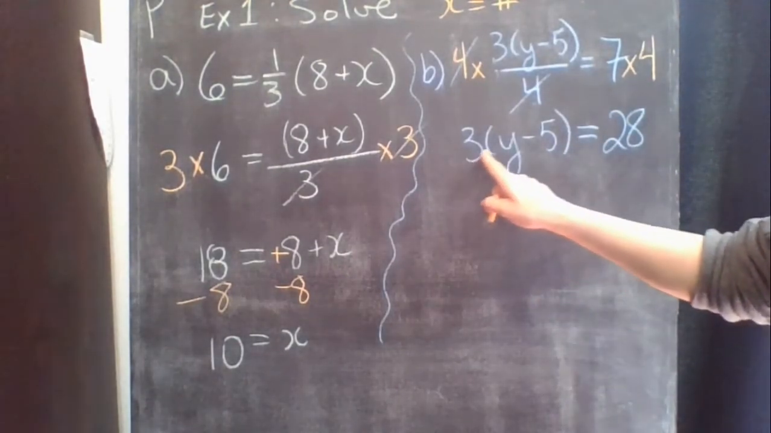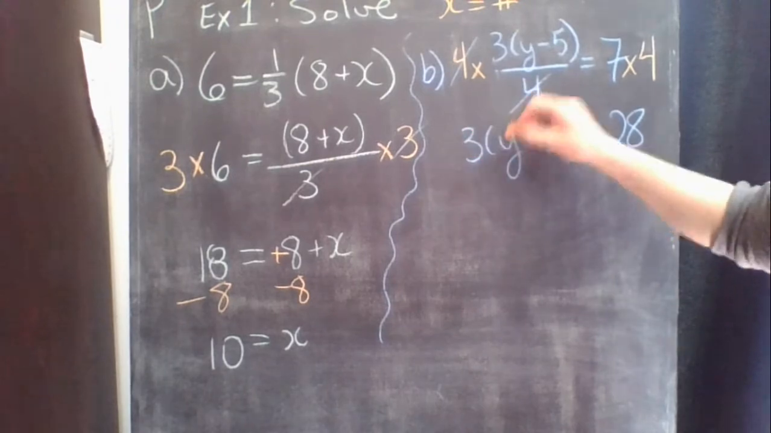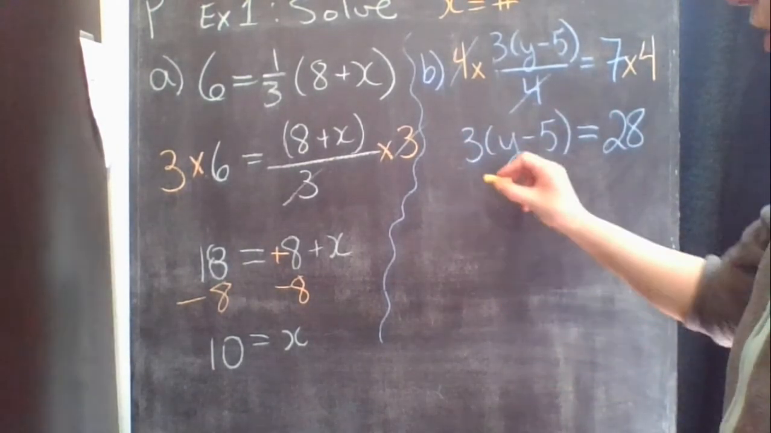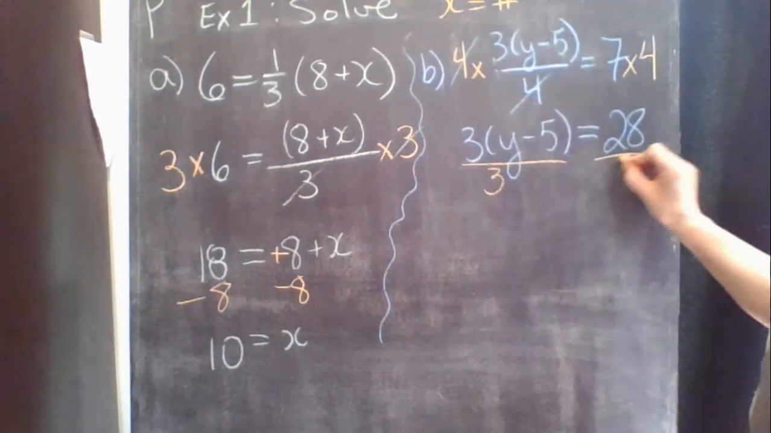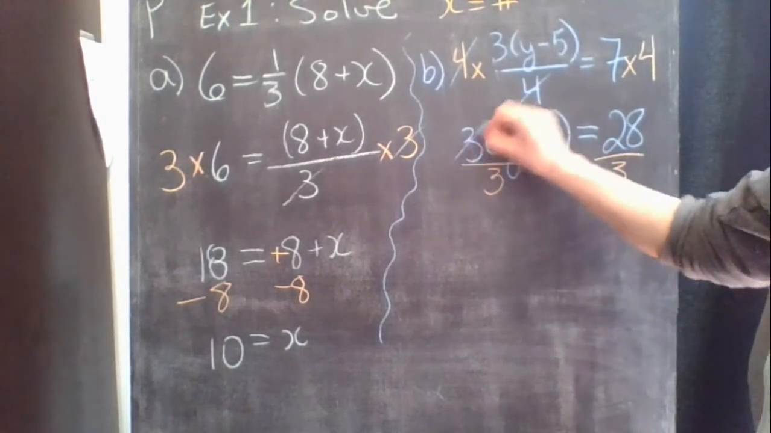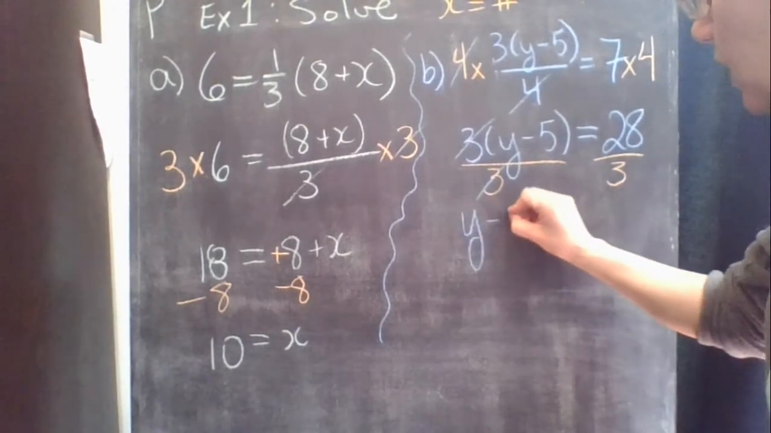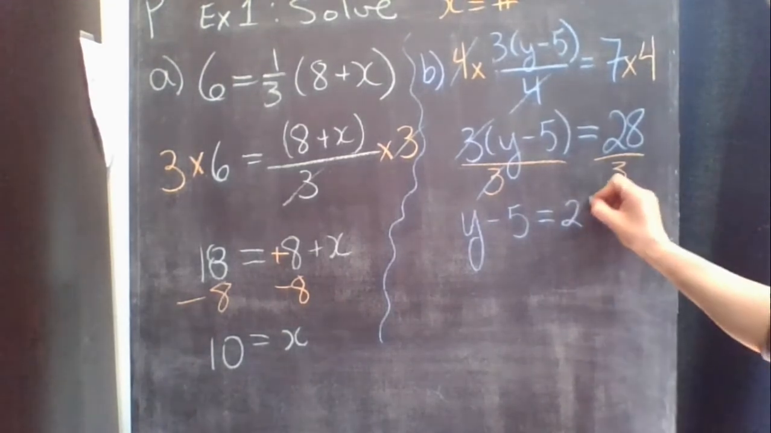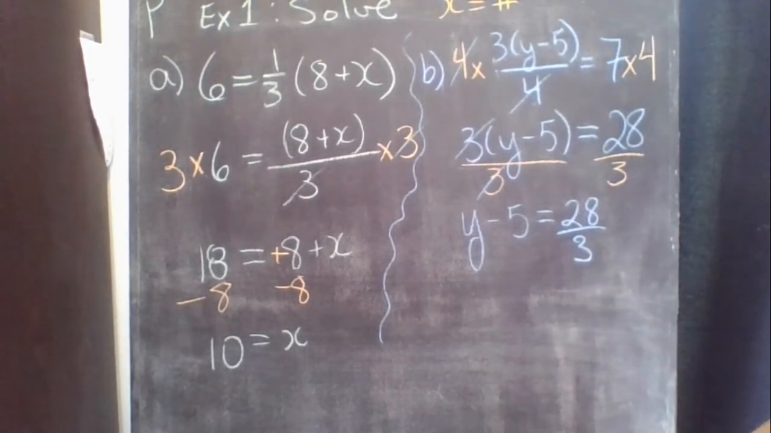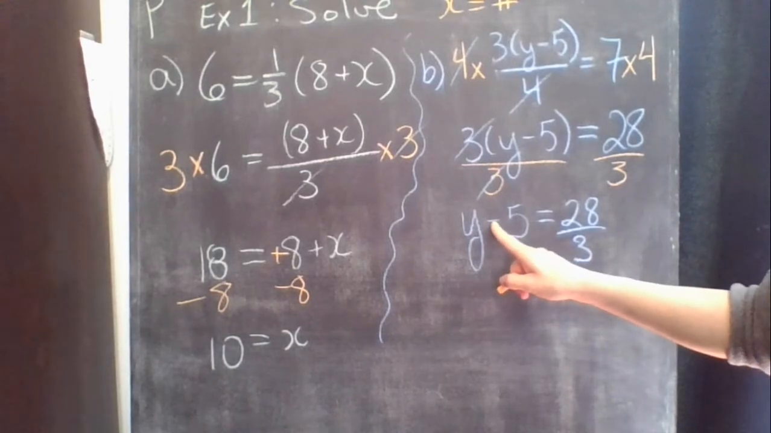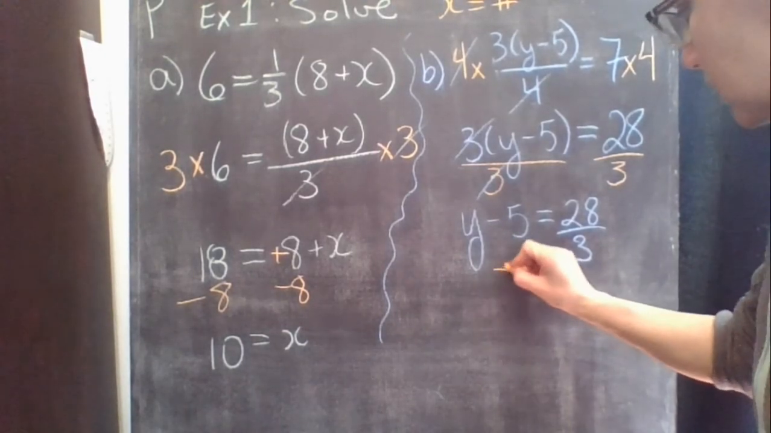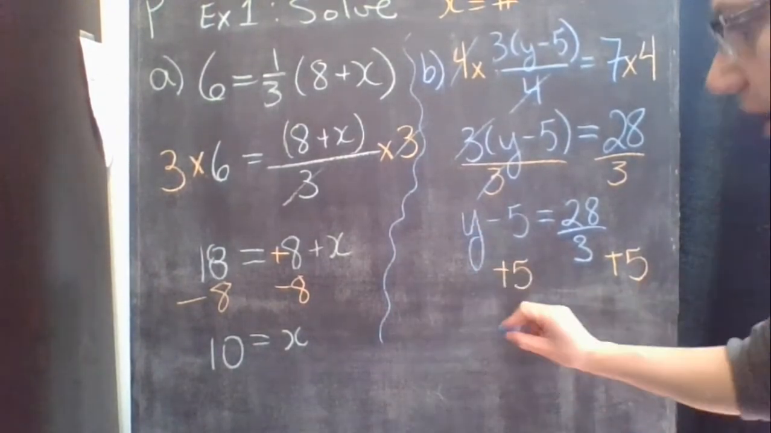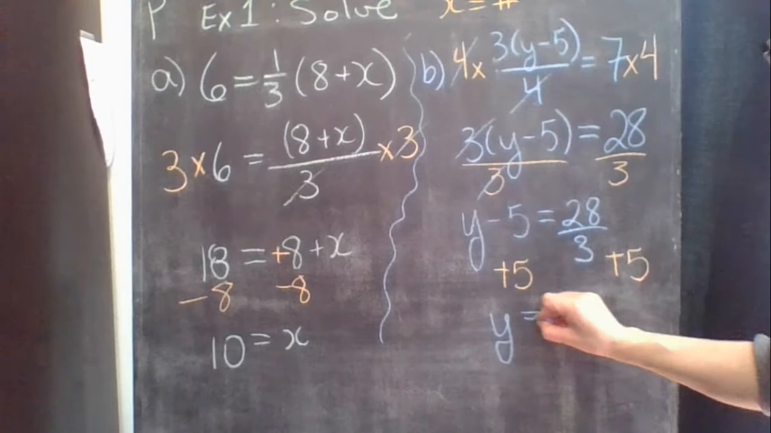Now I can see that I've got 3 times this whole bracket, so I can expand like I did before, or I can divide both sides by 3. Either one will work. So let's divide both sides by 3. That 3 is now gone, so I'm left with y minus 5 equals 28 over 3, since 28 and 3 don't divide into each other very nicely. Now all I have left is to move the 5, so since it's minus, let's add 5 to both sides. That leaves me with y equals